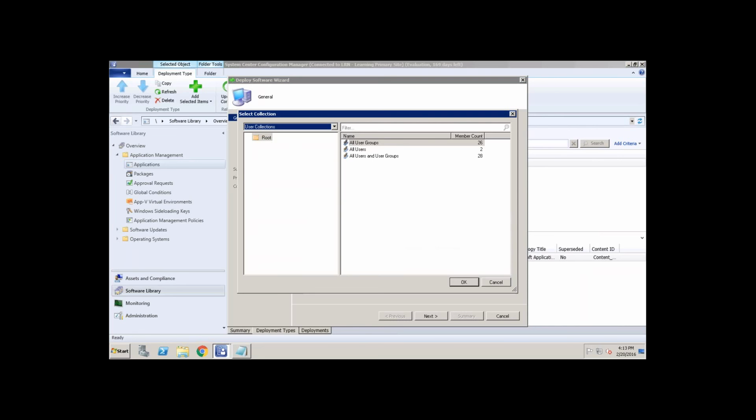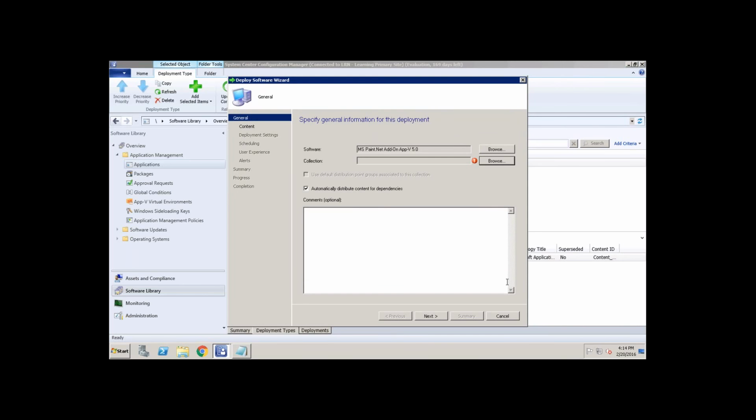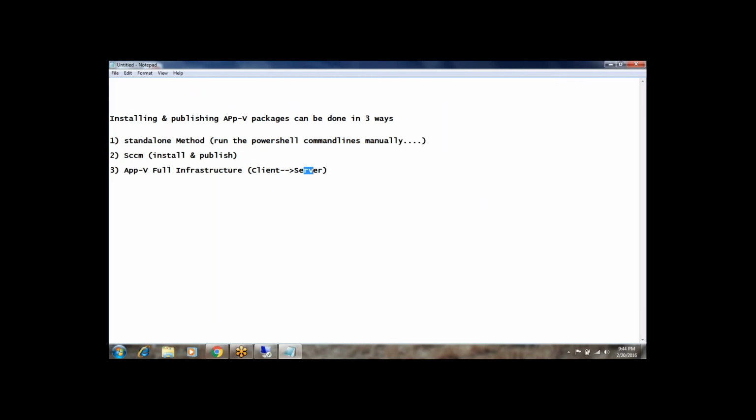There are 3 users. Then I have to create a collection for the 3 users, then target it to that collection. Let's say if I have 3 machines, machine 1, machine 2, machine 3, then create one collection for these 3 machines, then target it.